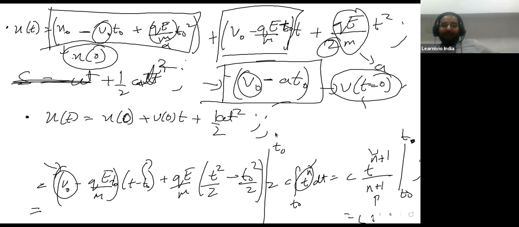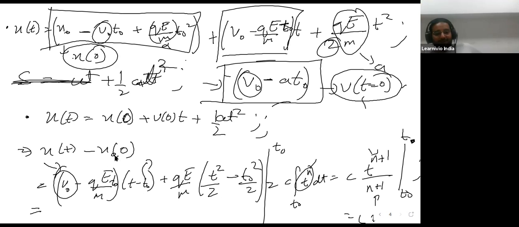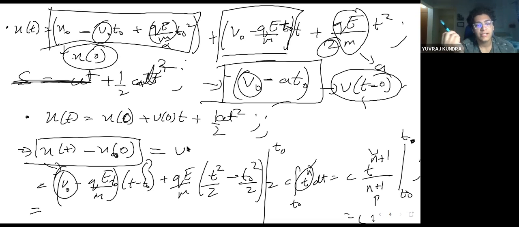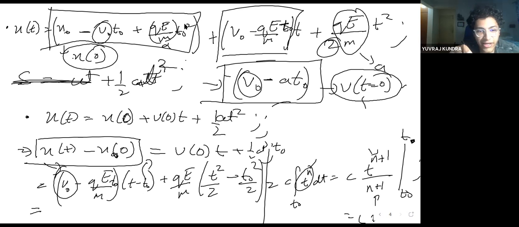Now does it look familiar? So this is x as a function of t minus x naught, so x at 0. So this is essentially how much you've moved in time t. Yes, sir. v naught t plus half a t squared. This is essentially s equal to ut plus half at squared. So even though it looks complicated, it's exactly that. So this is one way of deriving s is equal to ut plus half at squared.